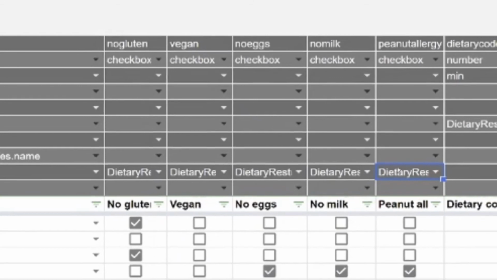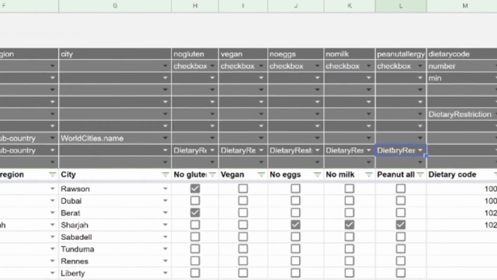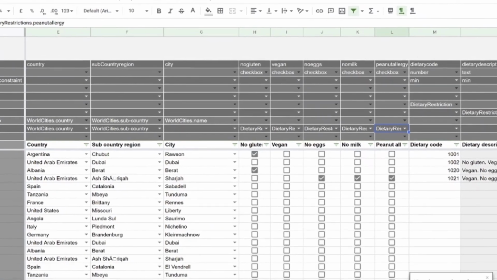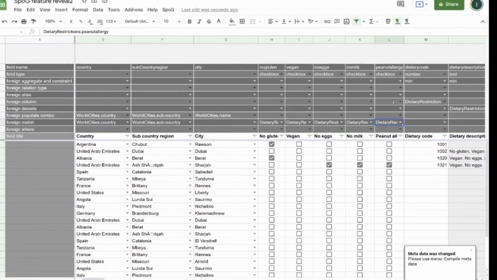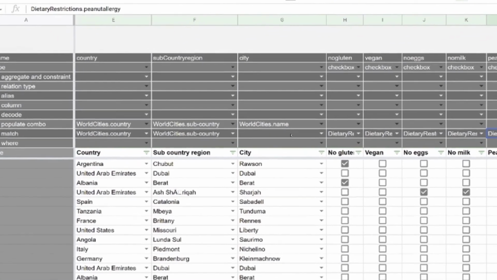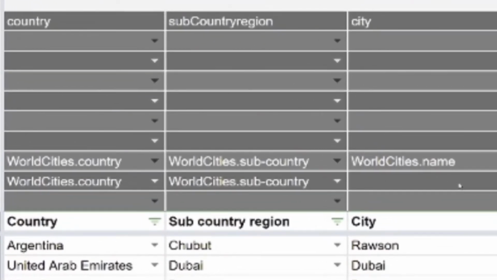Before we compile, we'll see another feature that makes it easier to read this area of metadata when many tables are referenced. We can distinguish between different table names by setting a different format to each one. Let's take world cities. We do that by resetting the format.